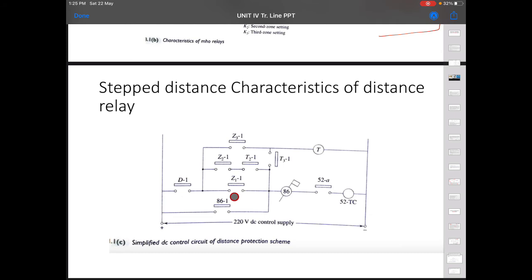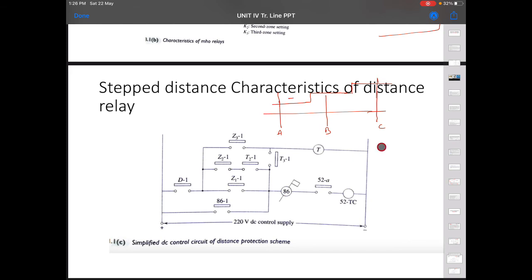Now zone 1, you remember, this is the transmission line for a relay. A, B, this is zone 1, this is zone 2, and this is C, this is zone 3.